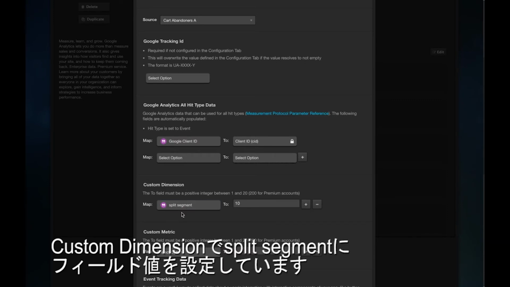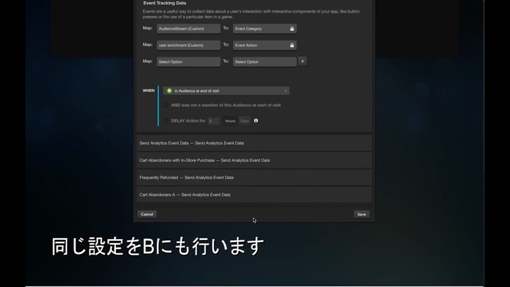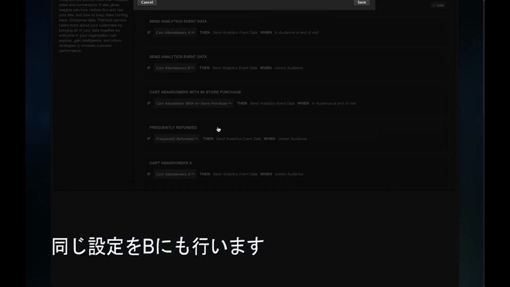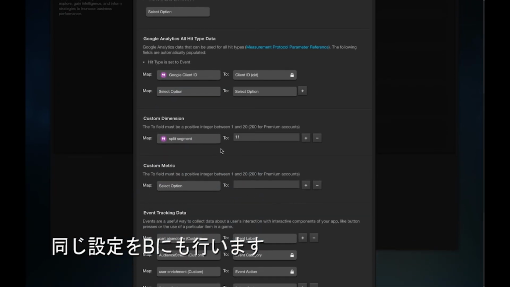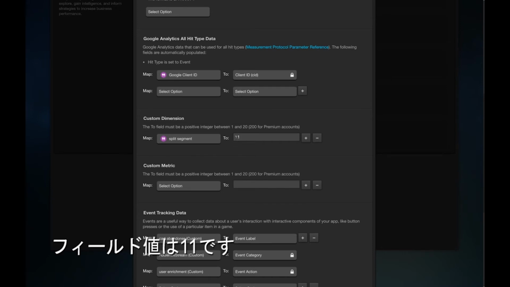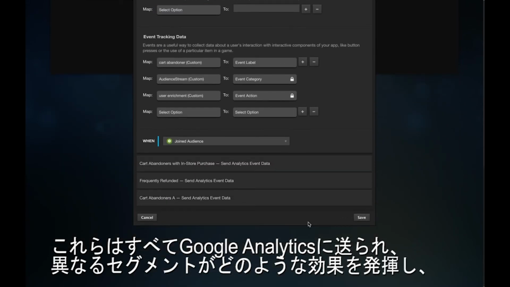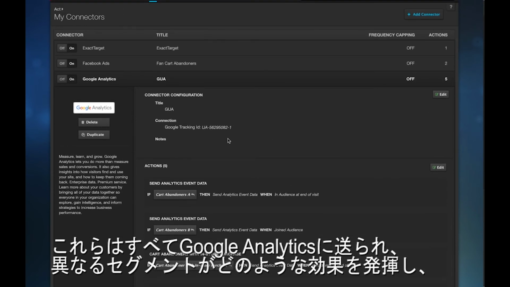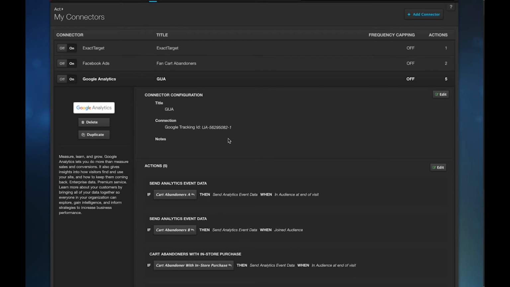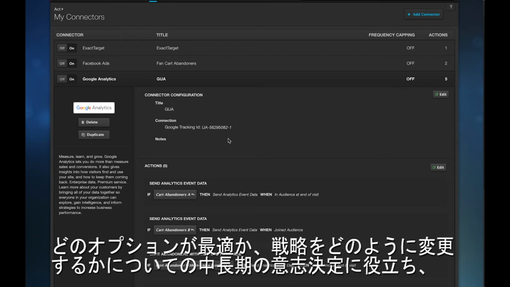But in the custom dimensions section, I've selected that split segment and I've assigned it against a field value. And I've done this as well for the split segment for B as well, and that's now gone to field 11. And so now what you'll find is all this data will be sent to Google Analytics, so you can now see overall how both of those different segments are performing, and then make a longer term decision in terms of